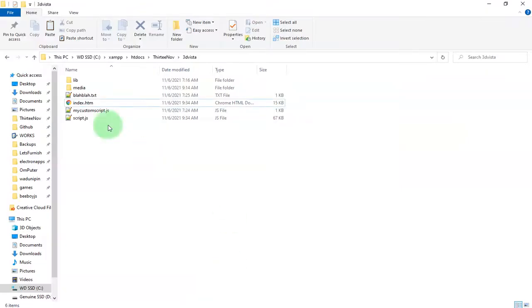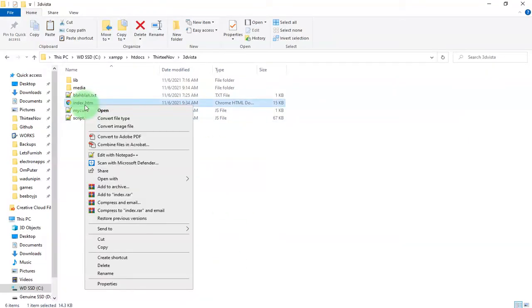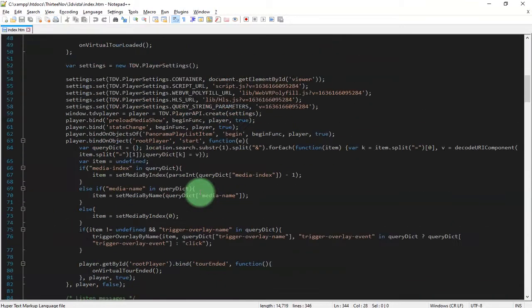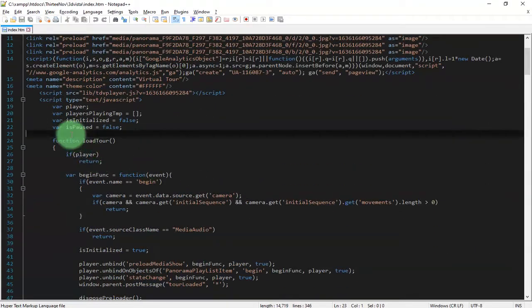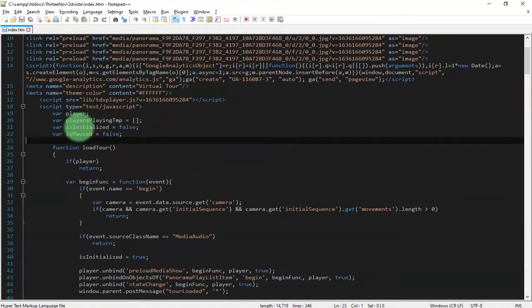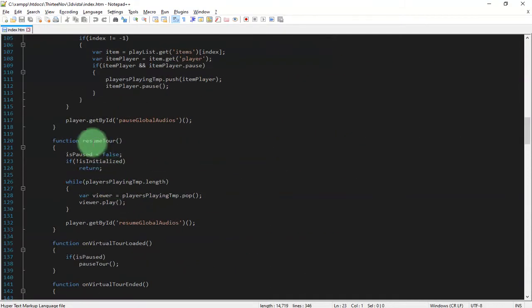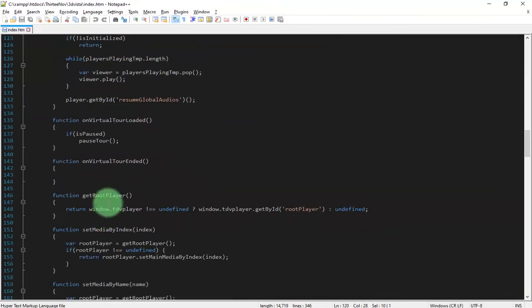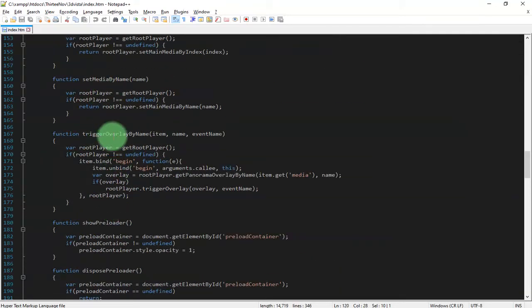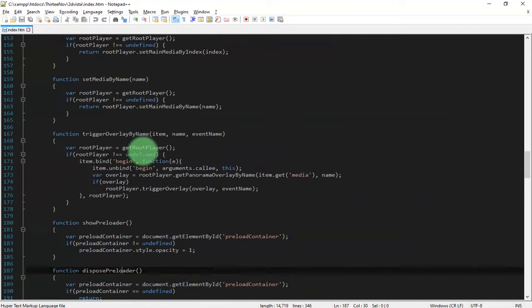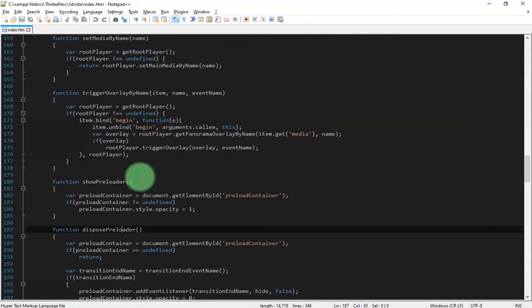If we edit this index.html file, we can see some JavaScript functions here before the tour at the head section of 3D Vista. For example, this function resume tour and also trigger overlay by names, they are JavaScript functions that 3D Vista made available here. We can see it clearly.